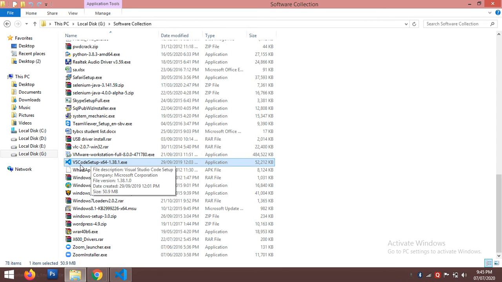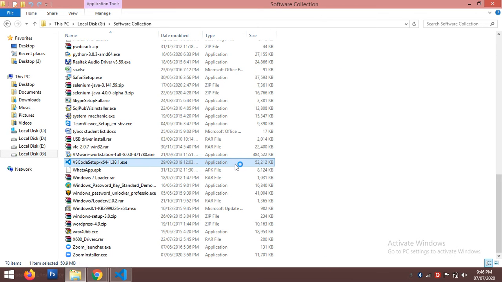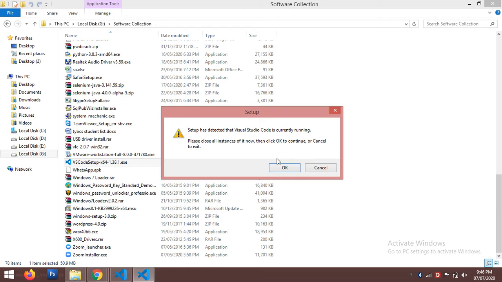Okay, so this is the setup of this editor, VS Code, and it will be downloaded for you in your machine once you click on that icon. So just for installing this editor, you have to double click on your downloaded exe file, which is the installer for this, and it will start the installation wizard for installing this editor in your machine. You just select simple options provided in the installation wizard, and it will install this editor on your machine, and it will add a desktop icon and shortcut icon on your machine. So it's showing me that the editor is already installed, so it's not starting an installation process.